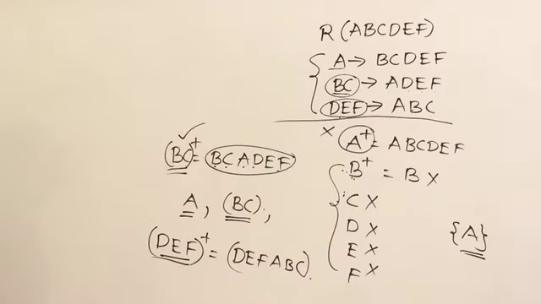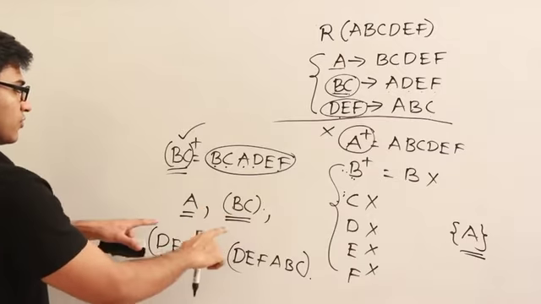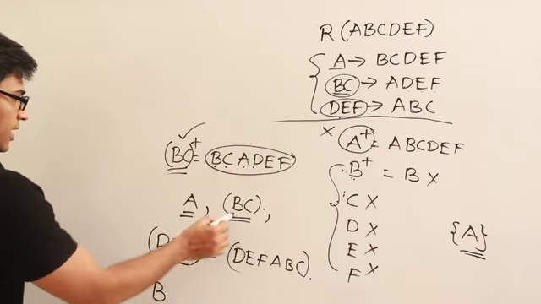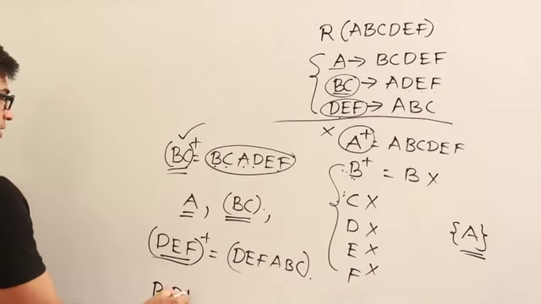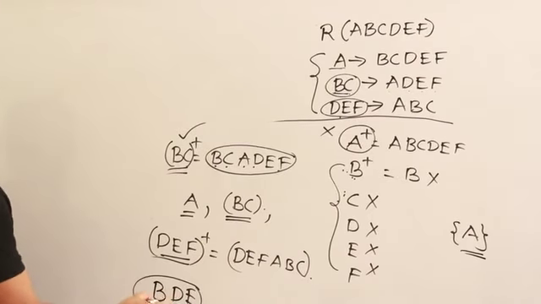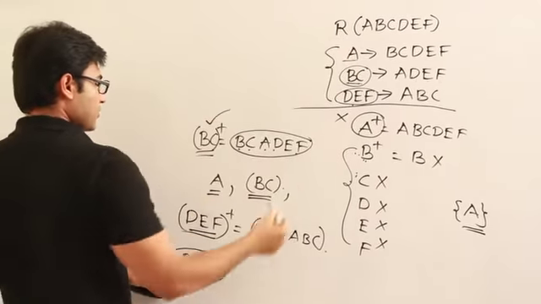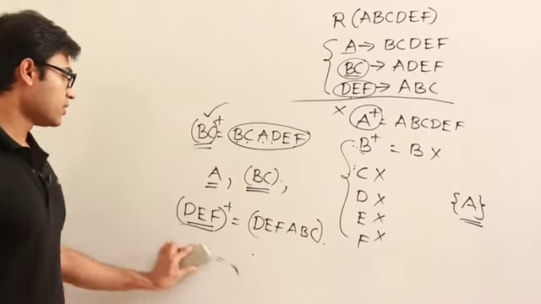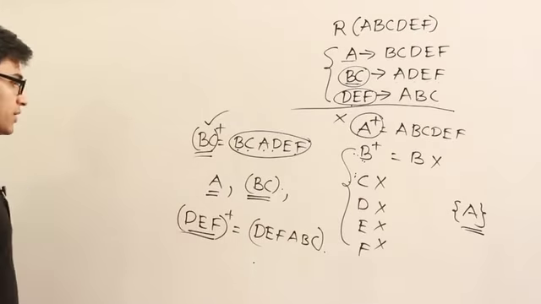The reason why only this one is possible is, you can take any other thing other than ABC. So other than ABC, which means if your key should not contain ABC, maybe you take B, and don't take C, because that is going to make it a super key, and then you take D and then you take E. Then what happens is, with this combination, there will be no production which contains only this. So that is why only this possibility is there. So for three attributes, we have only this possibility.